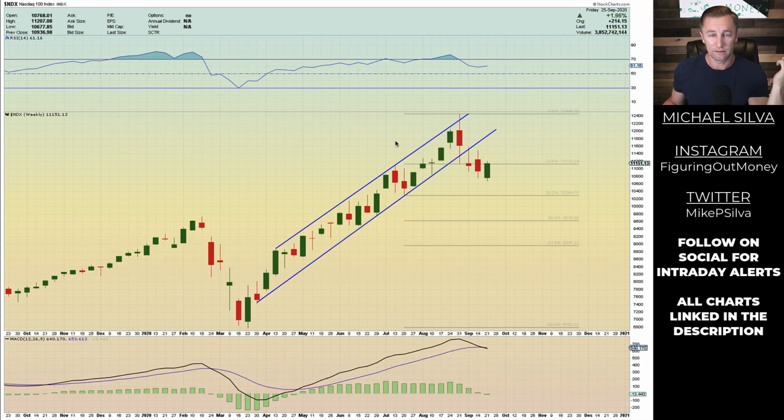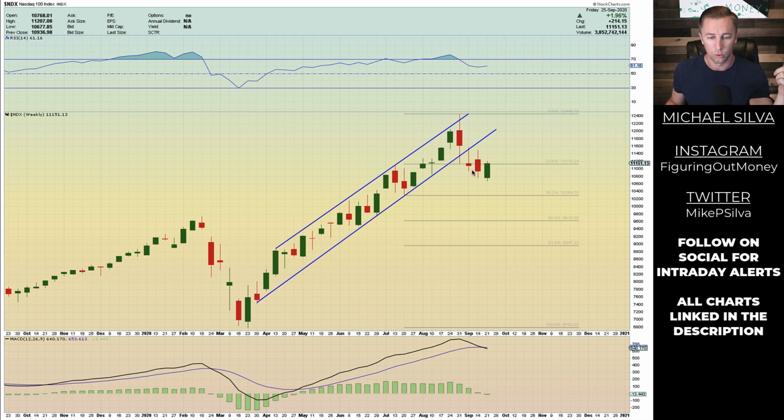The Nasdaq on the weekly time frame here, they had a good week, right? We finished up 1.96%, so 2%. The Nasdaq had a great day today, and we just finished the week strong. We finished basically just above the 23.6% fib level. And we're still coming up to, still a little bit of a down pull. This might be very temporary or it could be somewhat of a dead cat bounce.